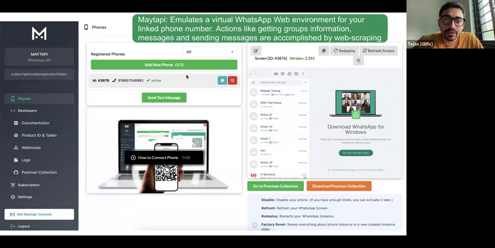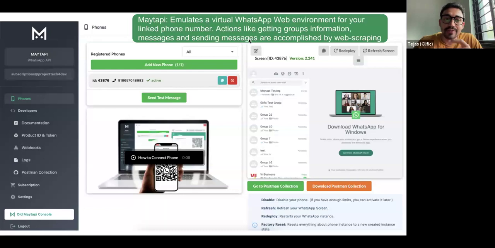I'll quickly do one slide on what MateAPI is. Basically, MateAPI is another service. It emulates a virtual WhatsApp web environment for your linked phone number.